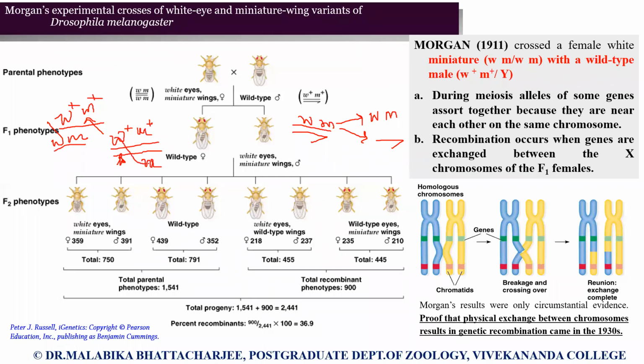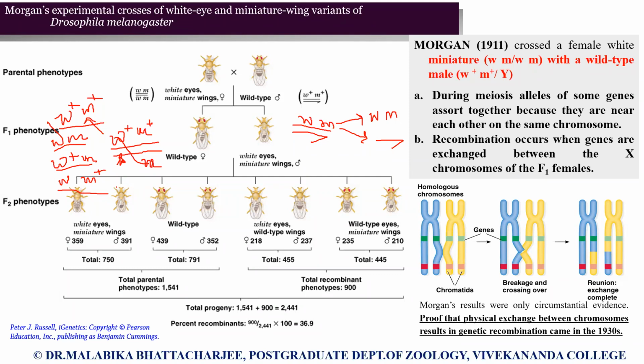Now come the recombinants. So what will we be getting? W plus M. Third gamete. And finally what will we be getting? W, M plus. So from the female during meiosis we are getting 4 different kinds of gametes, and if there is no complete linkage between W and M, then we will assume that they are independently assorted and all the 4 genotypes will be in equal proportions.